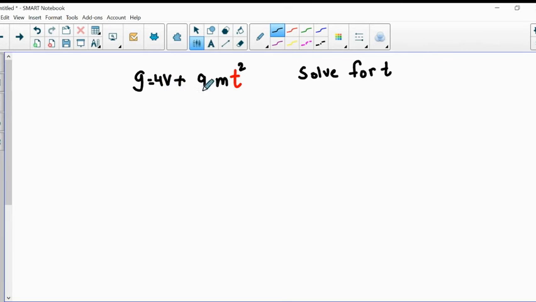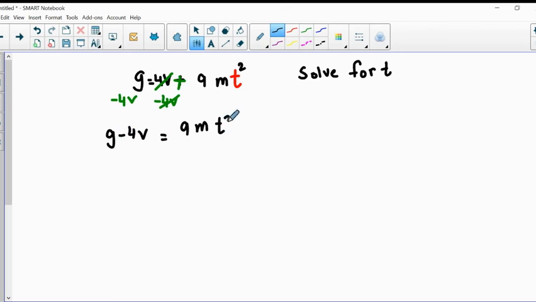So between 4v and 9mt square, there's a plus sign. So whenever you're adding two things, you will do the opposite, which is plus or minus to get rid of that quantity, depending upon the sign you want to get rid of. So I have 4v, which is positive 4v. So I will subtract 4v from both sides, minus 4v from both sides to get rid of that quantity. Then I have g minus 4v equals